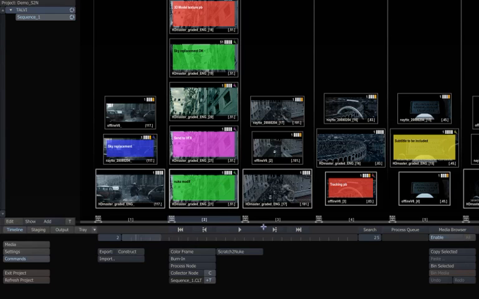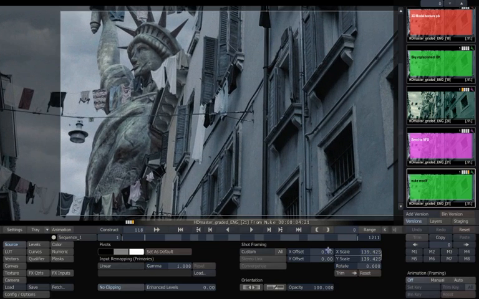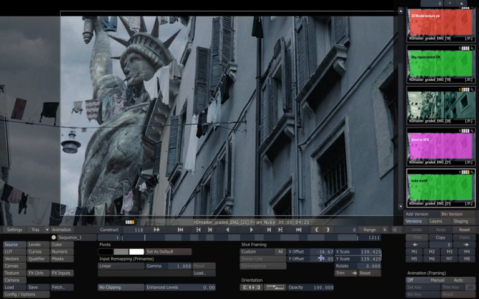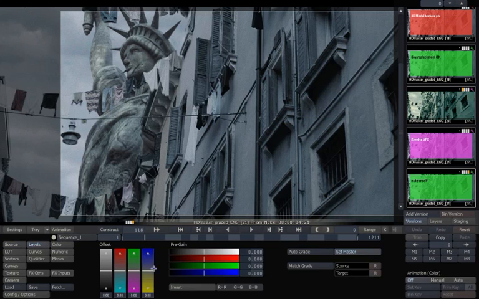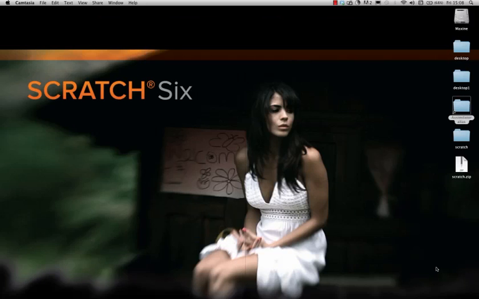Or, in this case, I could also go first to the player. I can do some adjustment like the reframing and some color grading adjustment. I'm just modifying some offset and pregain in my color. And then I can go to the settings of my player and refine my Scratch to Nuke button. So I just have to click on it, then Scratch first minimizes,